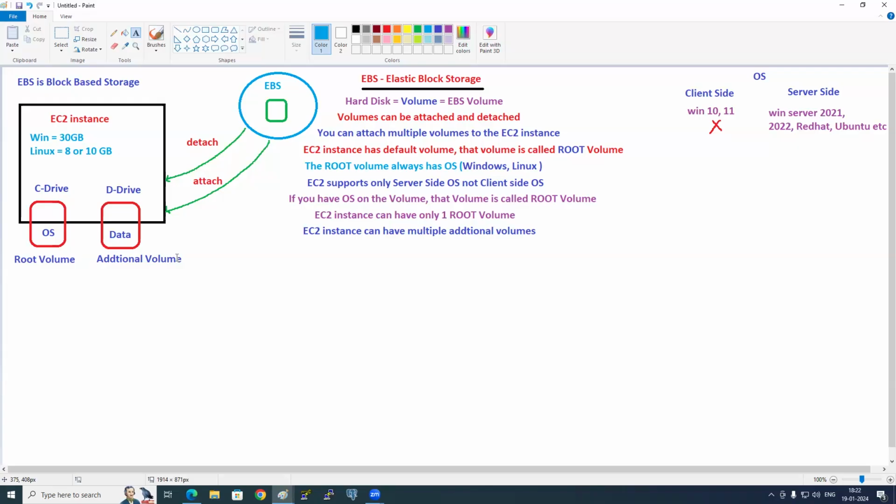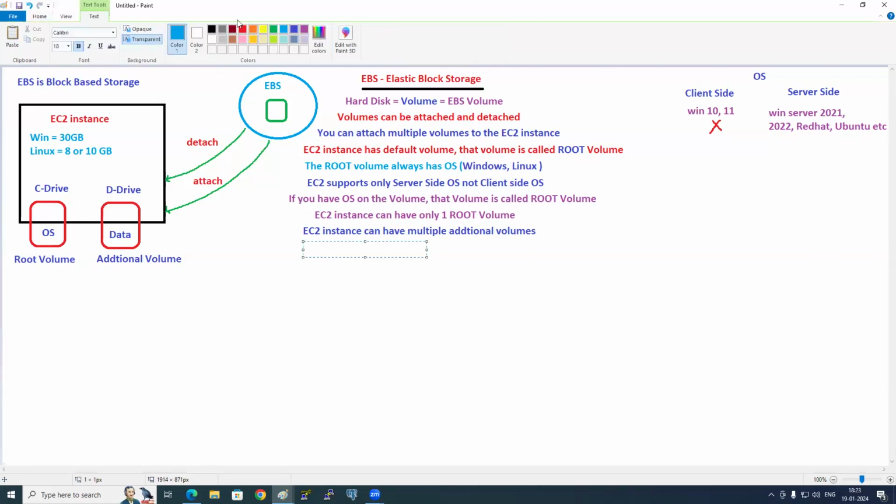That is the maximum. You can create based on your requirement, but the maximum size is 16 terabyte. It's too heavy, right? So the maximum size of an EBS volume is up to 16 TB.